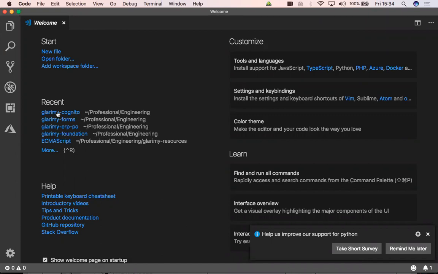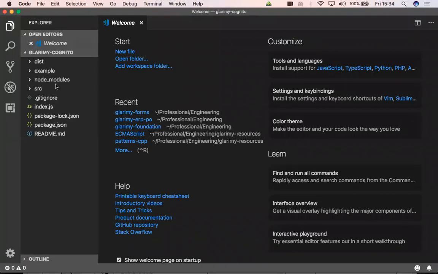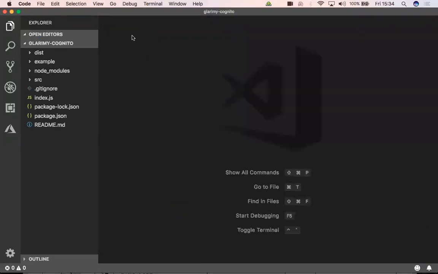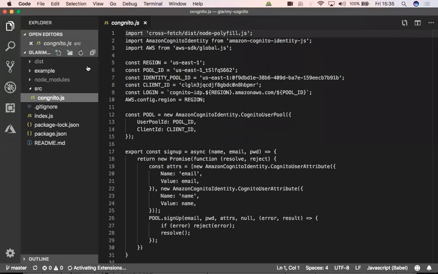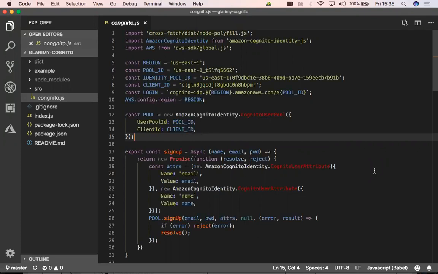Right. So what we are doing is, instead of every client developer, every application developer of Glarimai developing this security API, we want to develop a reusable library called Glarimai Cognito. This is the project for that, in which we have a file called Cognito.js, and this is where I have written some functionality, the prototype functionality. It's always the case as an architect, I set up basic things in place so that you can start and do the rest of the stuff from there.